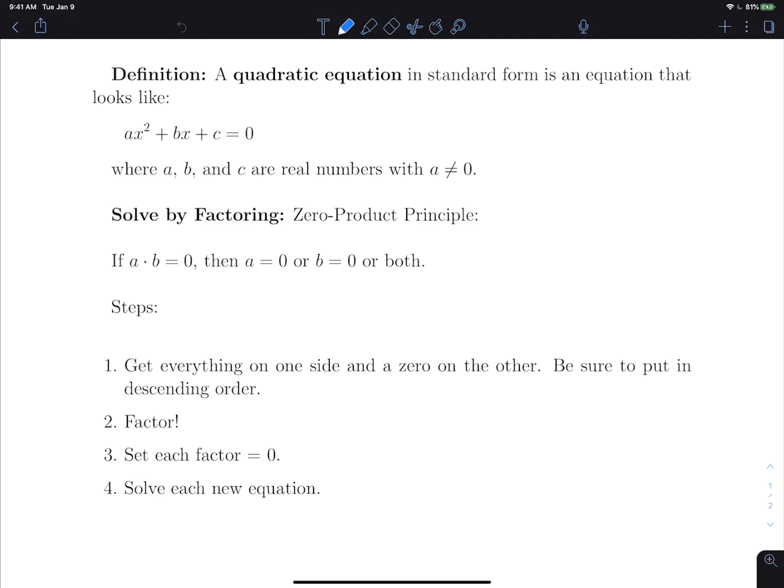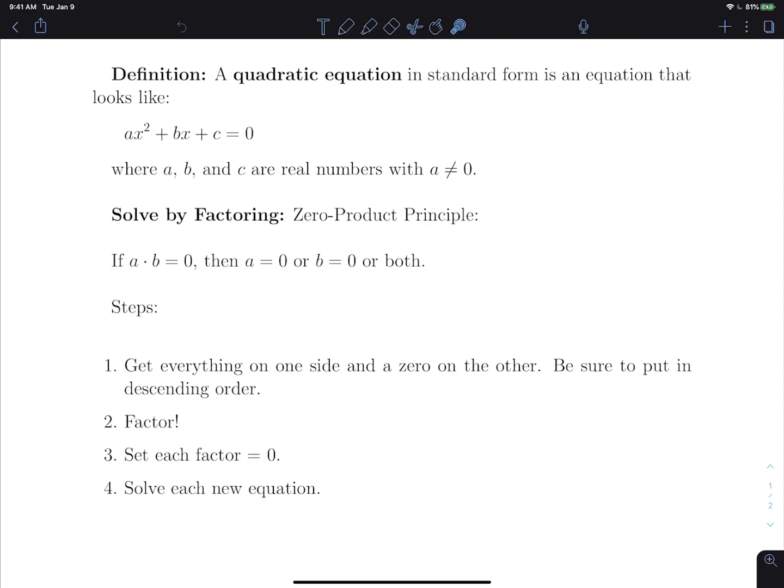Hello. In this video, we're going to start talking about how we solve quadratic equations. But before we get there, we have to talk about what a quadratic equation is. The definition is that a quadratic equation in standard form is an equation that looks like ax squared plus bx plus c equals 0, where a, b, and c are real numbers with a not